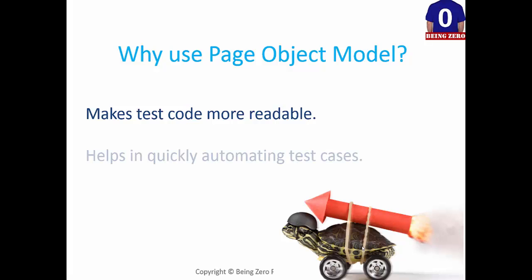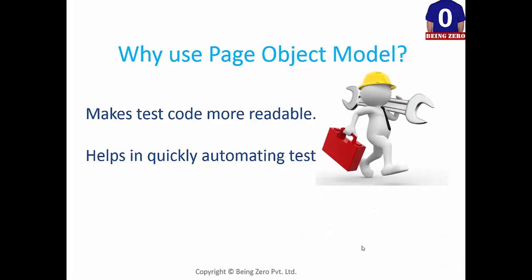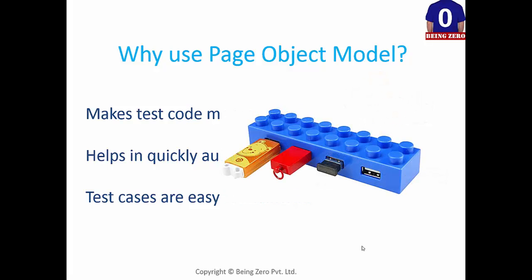Okay. So this is helps in quickly automating test cases. What is this? Somebody mentioned this point already. Yes, that is maintainable. Test cases are easy to maintain because if developer is saying I have made some changes in the page code, then you go and update your page object model in the framework. And the last benefit is,